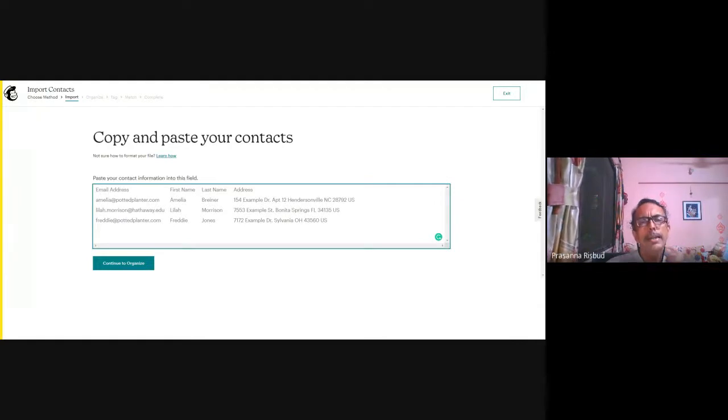If you want to insert names, because that is required for personalization of your emails, you can do it and you can add names also. But it's much easier to just simply import the email addresses. Obviously, for unknown persons, if you are sending, it's better to select only email addresses, because then you can't add names of unknown persons. So just select that, continue to organize and finalize, and your content is ready.